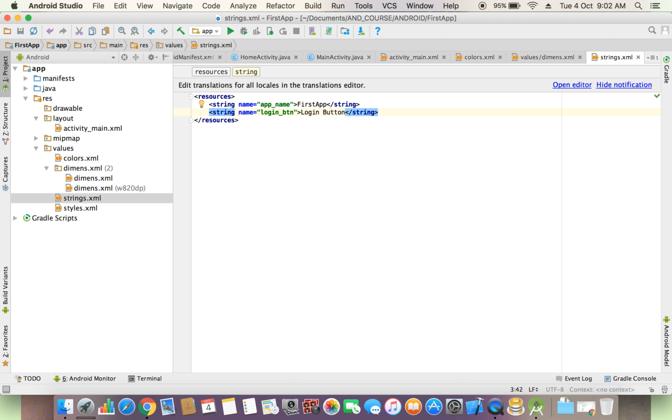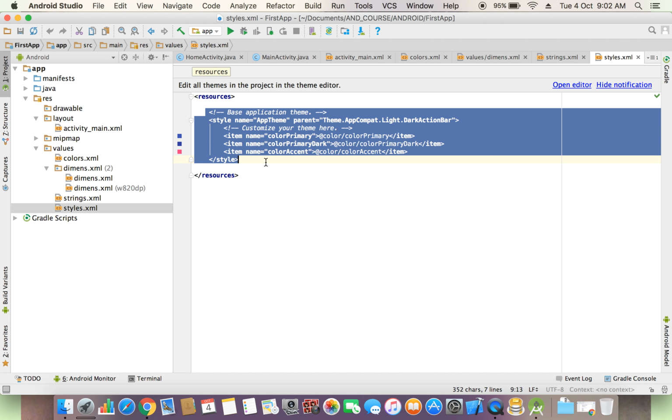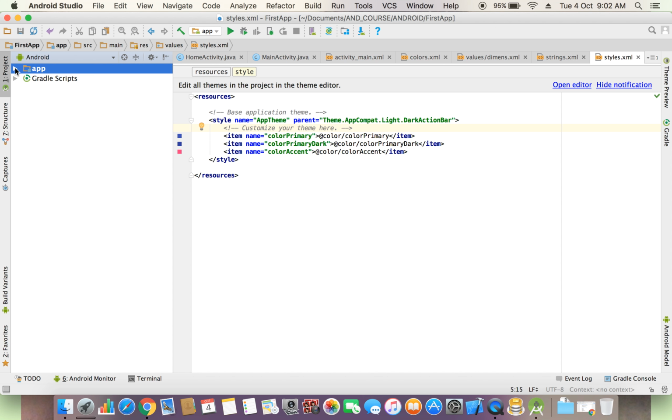Next file is the styles file. It is the styles.xml file. Just double click on the styles.xml file. Styles.xml is the place where we can create our own style, where we can define our own style. Just completed the first folder. Now we are moving on to the